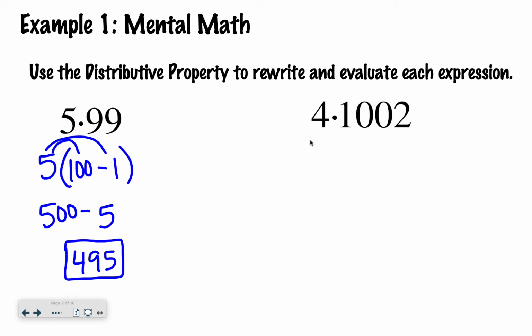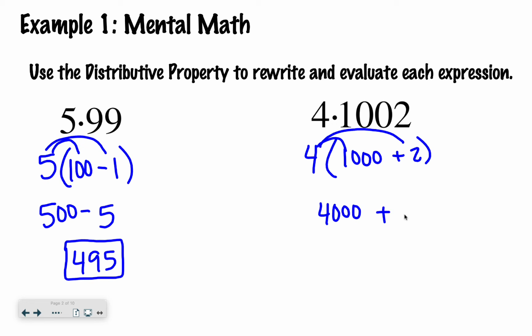So like for here, instead of writing 1002, I'm going to write 1000 plus 2. Because 4 times 1,000 is 4,000. And then 4 times 2 is 8. So I know my answer would be 4,008. And I'm all done. Okay, so I want you to practice some of these problems using mental math like that